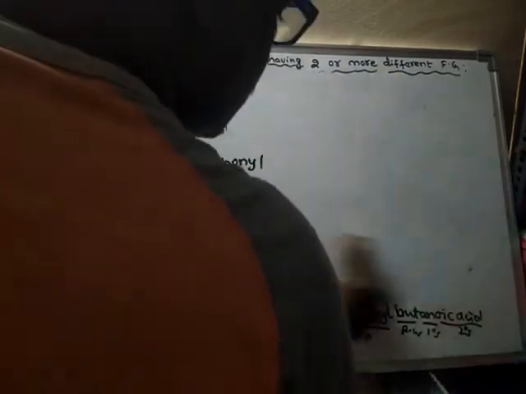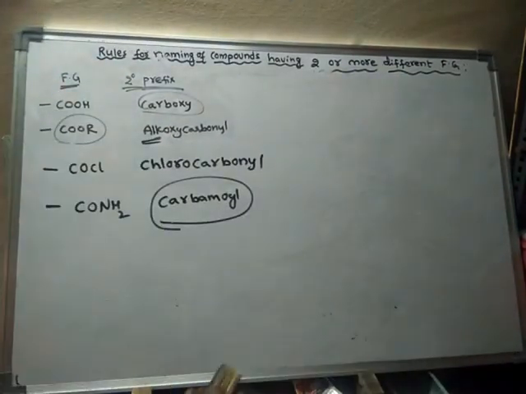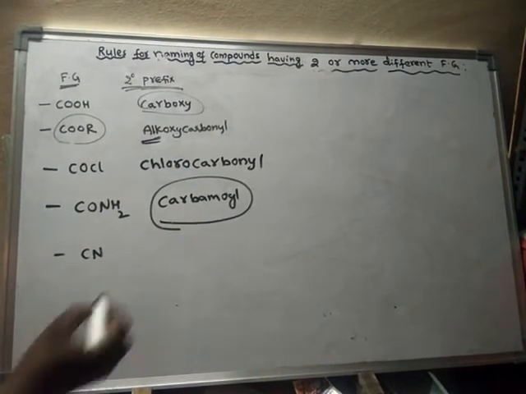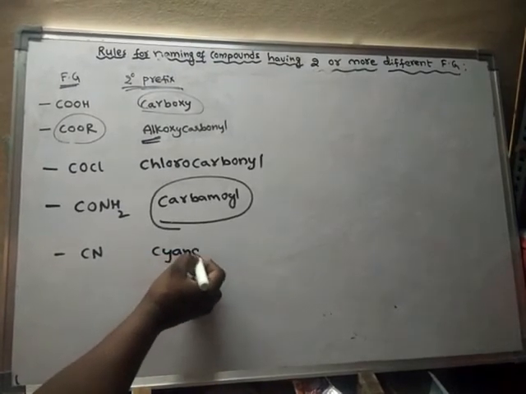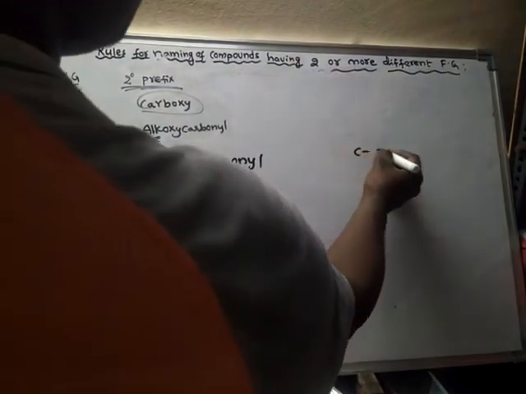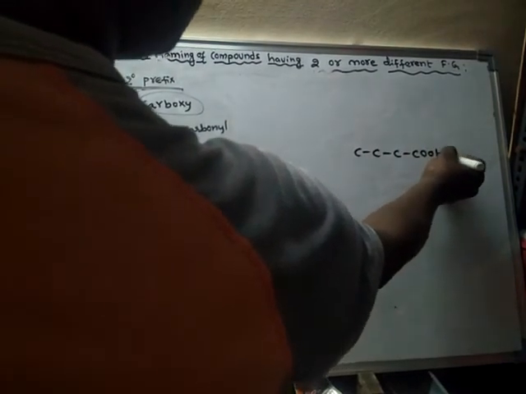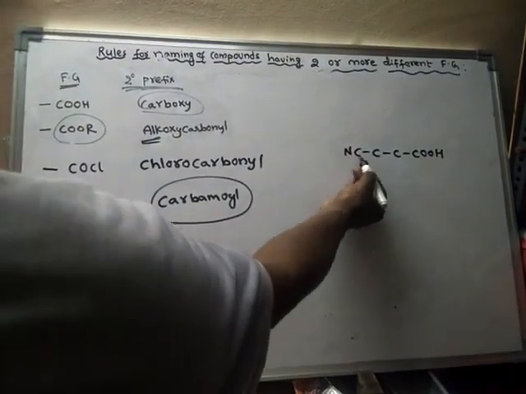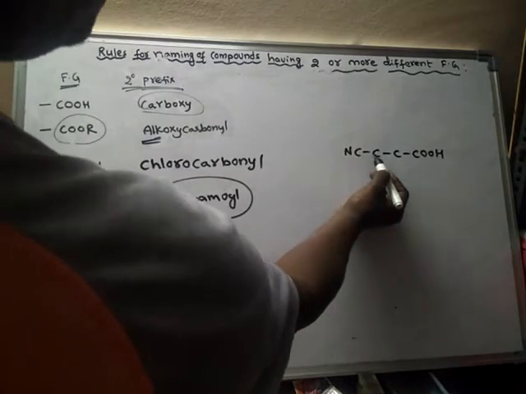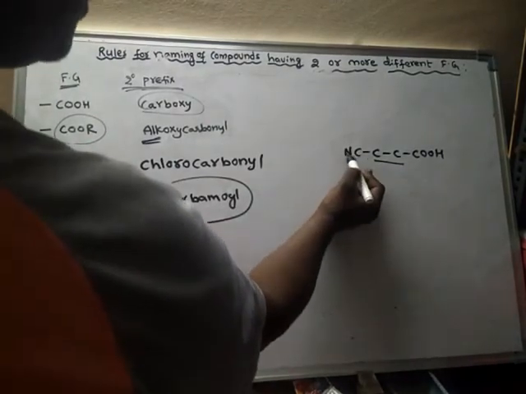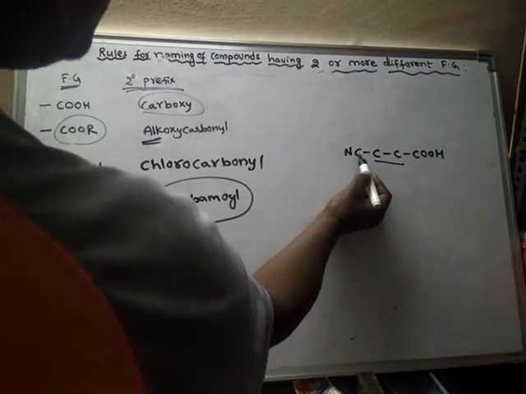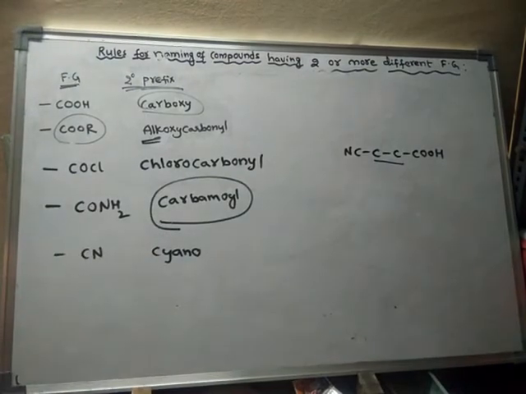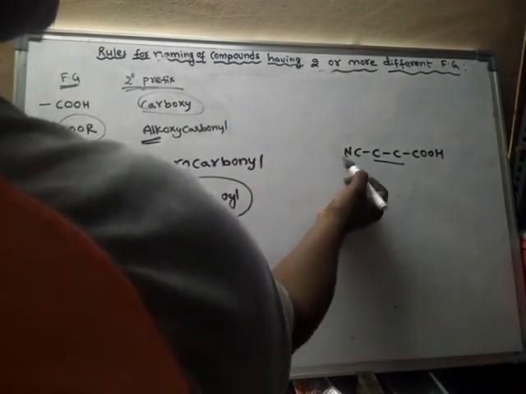Okay, right. Now the next one, if CN is present, cyanide, it is called cyano. Let us learn one more example with CN. A COOH group is present and CN. Don't read it as NC, because here we have to see the connectivity to the parent chain. Out of N and C, the connection to the parent chain is through this carbon, hence it is treated as CN. Don't read it as NC.